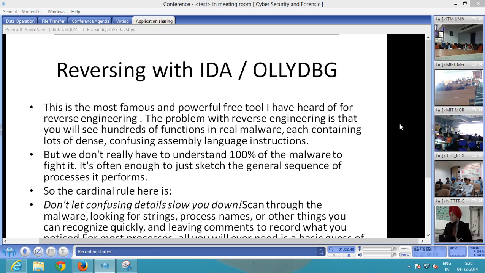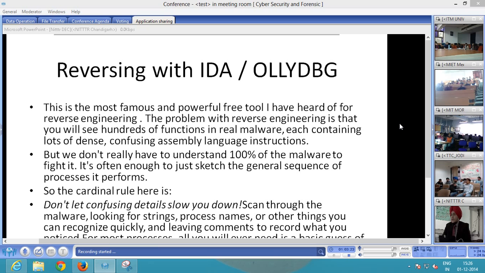So, reversing with IDA and OllyDbg. DBG stands for debugger, and OllyDbg is an open source tool for reverse engineering, right? And what actually reverse engineering is, आप पूरे exe code को assembly में convert करते हो. Otherwise, when you have an exe code, let's say आपके VLC player का exe code है, vlc.exe, you cannot see how it is interacting at the assembly level, पे वो क्या काम कर रहा है, क्या instructions जा रही हैं आपके processor में, how it is working,